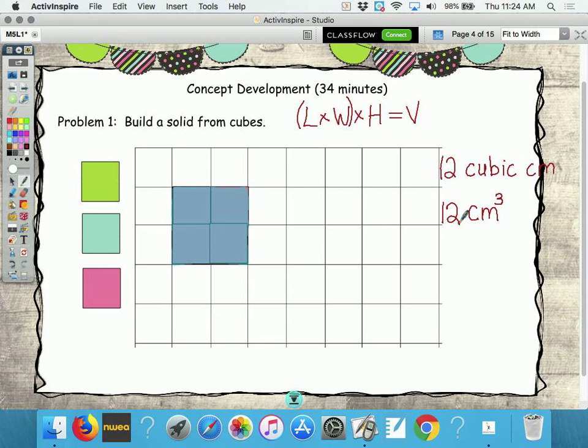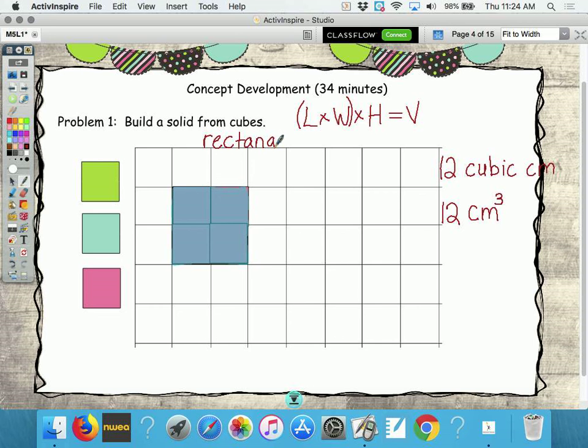Remember what the base looked like? You could even slide your cubes over and look at what the base looks like. Is the top of the structure the exact same size and shape as the base? Yes. So we will call this, and you've probably heard it before,